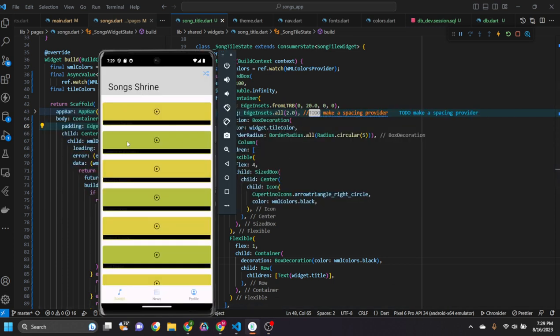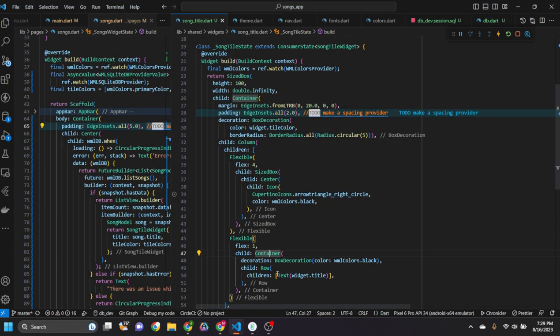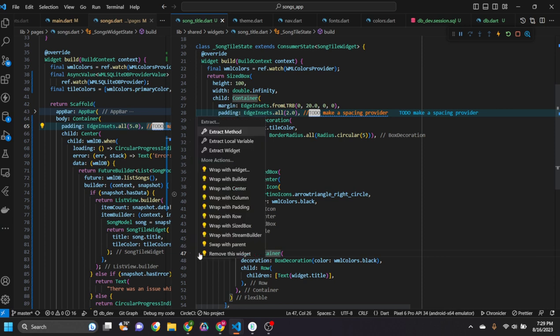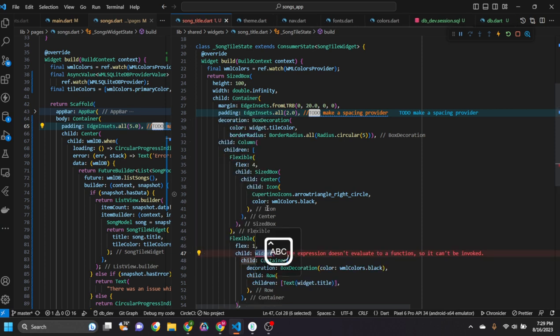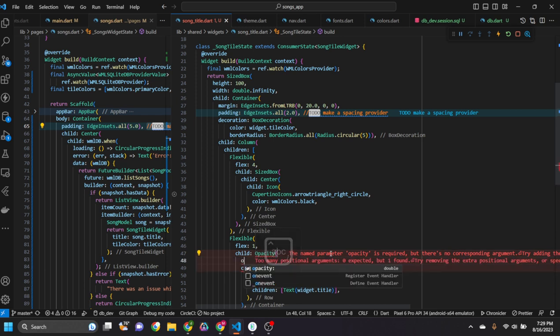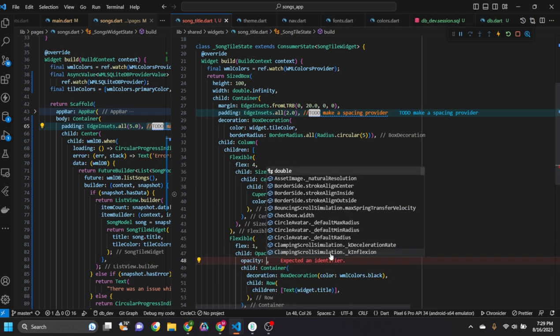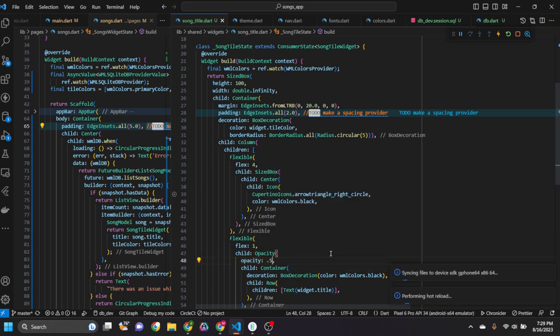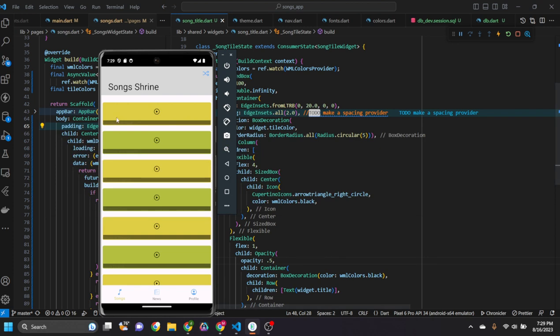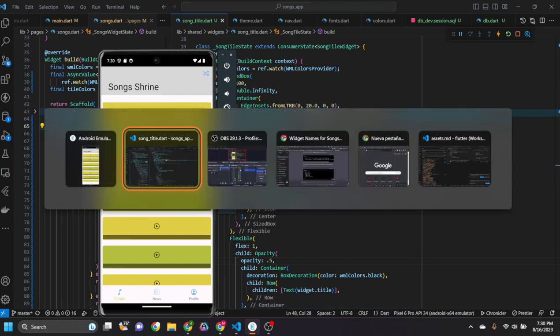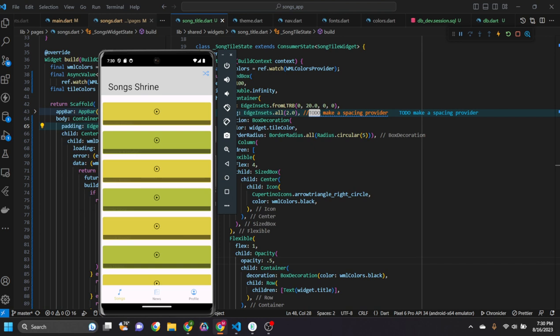So there's that, and then I need to make it opacity. So I think here's what I need to do. So I say 0.5, and then hopefully it saves my text. So yeah, it's looking like my text is blending out, right? So what I essentially want to do is